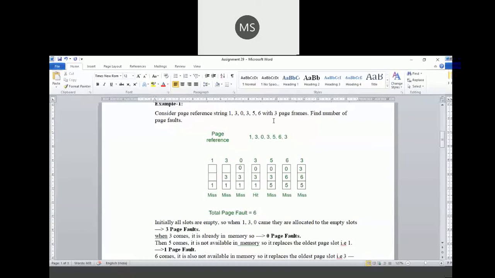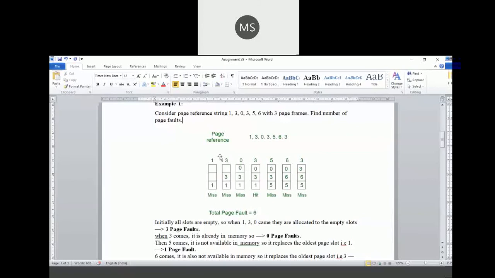That means the total number of frames that can be occupied in the main memory is 3. Now we will go for a system where initially the entire main memory is free.